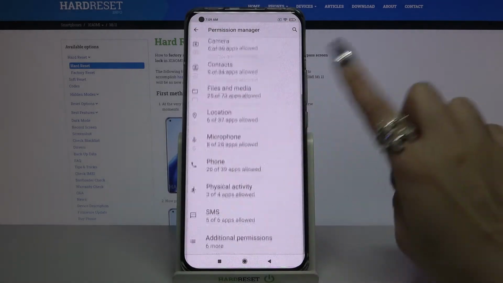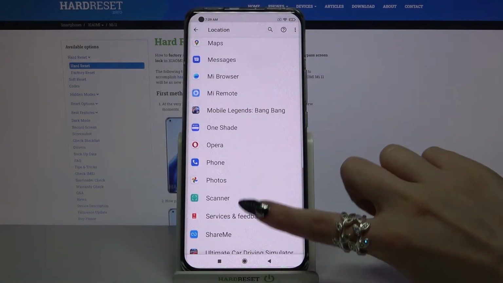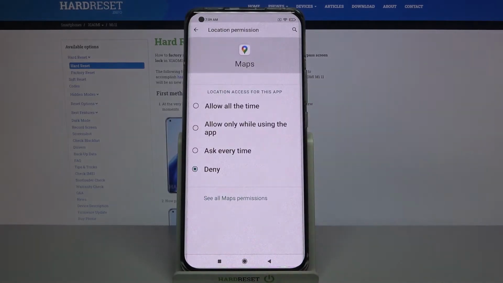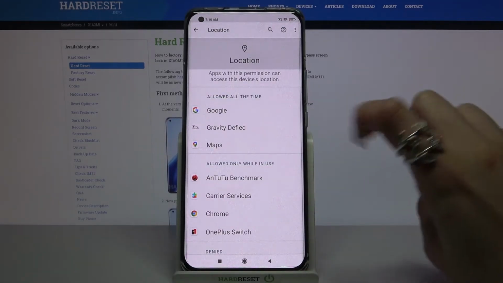And over here pick one of the options, for example Location. Now select an app. I will go with Maps and pick one of the options: allow all the time, allow only while using the app, ask every time or deny. I will go with allow all the time, so when I go back, I can see that Maps gained access